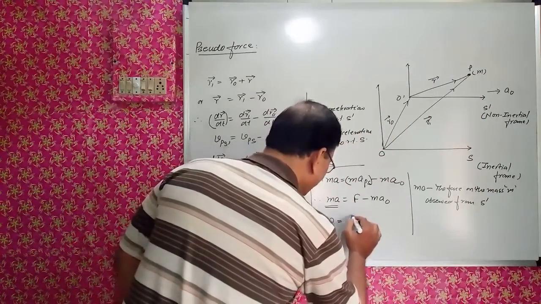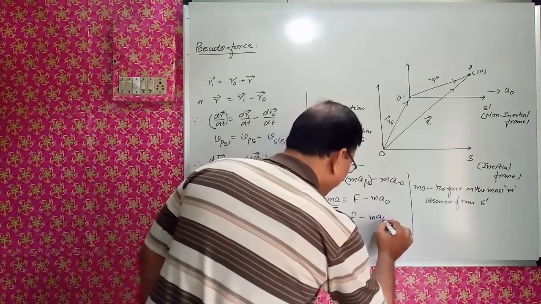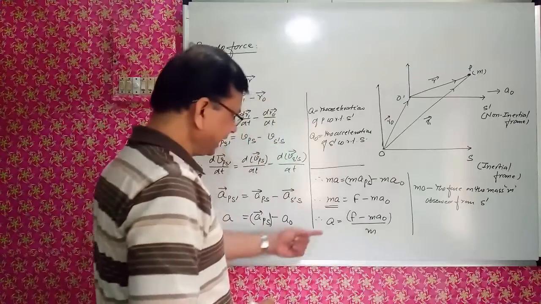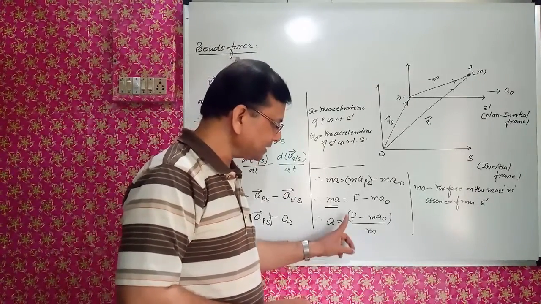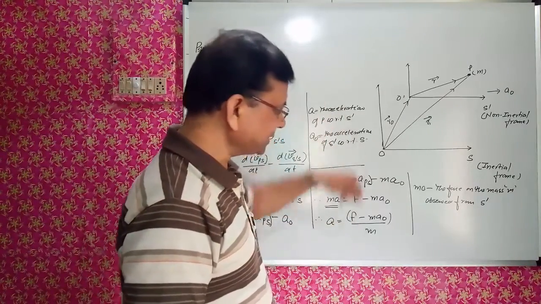A is equal to F minus m a naught upon m. This acceleration observed in the non-inertial reference frame is not F by m, because from the inertial reference frame,